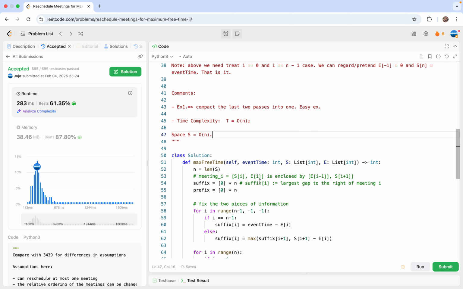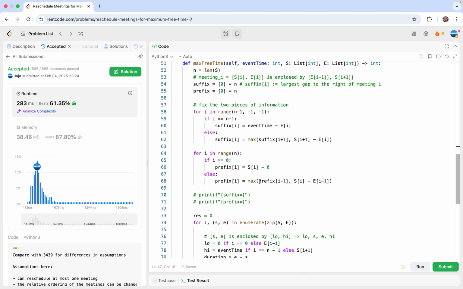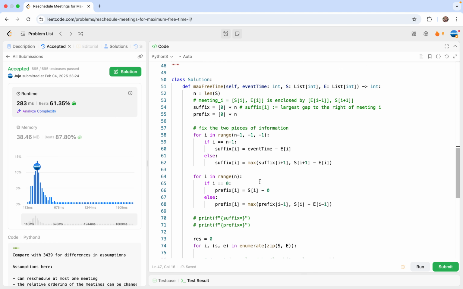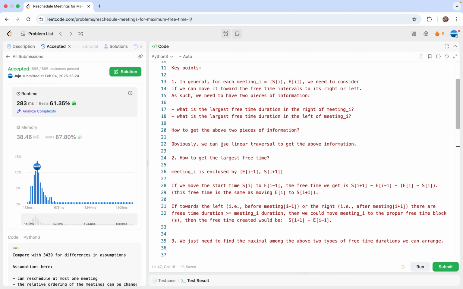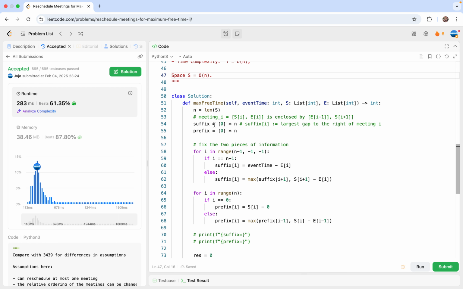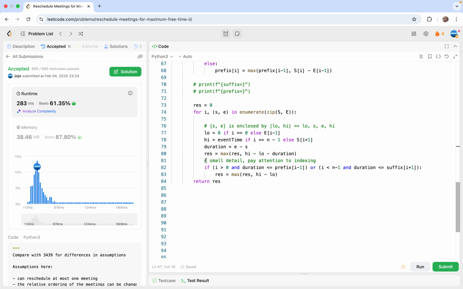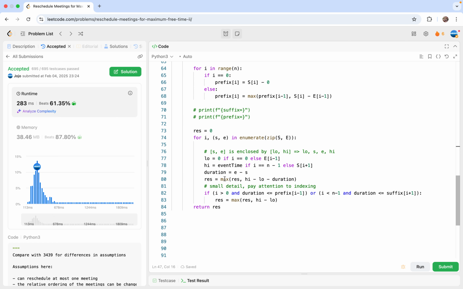I guess with that said, that's basically about it for the current problem. I guess the main thing to notice is that you first need to know what information you need in order to solve this problem. This is one part. Once you realize this part, basically you can roughly solve this problem. And then if you pay attention to the small details, then you can solve this problem without difficulty. So with that said, I guess that's about it for the current video. Thank you for